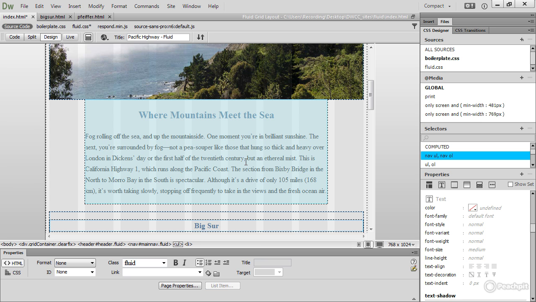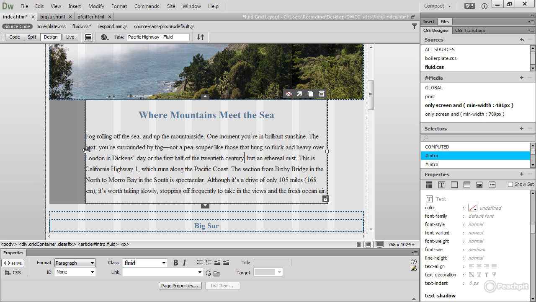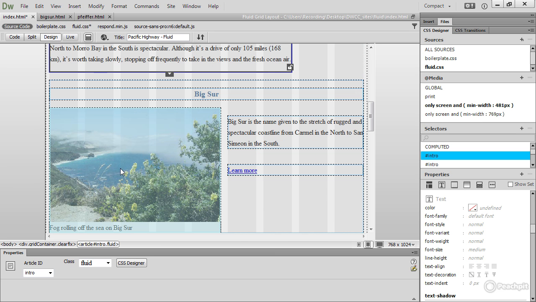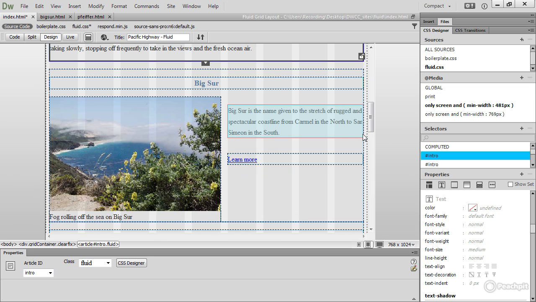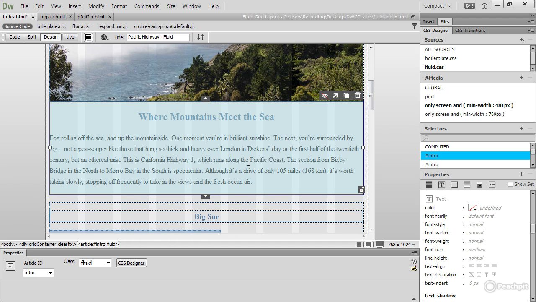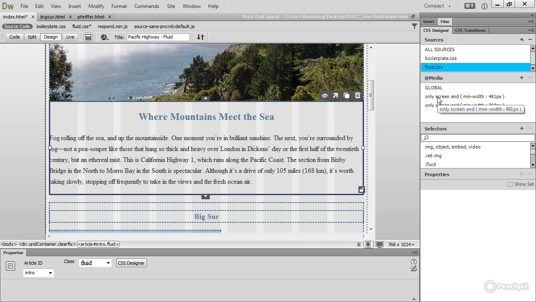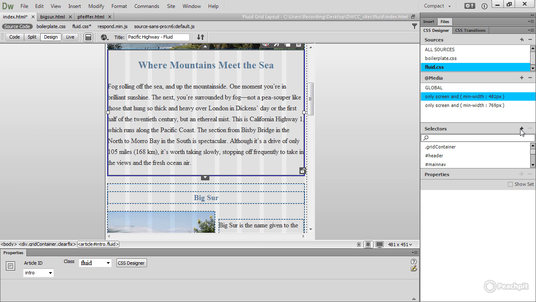So let's change that. I'm going to click in there and shift back to the left hand side and resize so that it's the full width. But my text is now too wide. If I add padding to the fluid article, the width will be wrong. So the solution in this sort of situation is to create a margin or padding on either side of the non-fluid element that's inside. So I'm going to select fluid.css and this media query, and I'm going to create a new style rule for #intro p, so it will be for the paragraph,